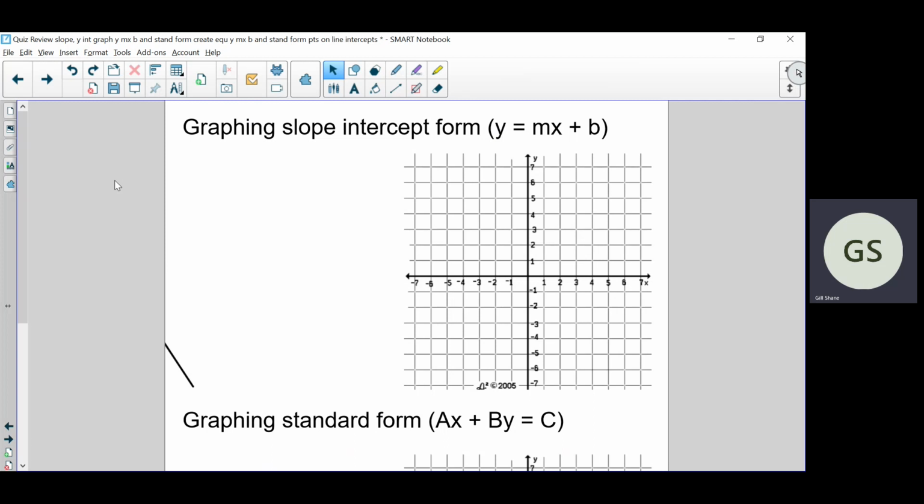Yeah, I'm going to say it a different way, but yeah, I think you're good. What would you say? If the line is by itself. That's what I would say. If you get an equation,